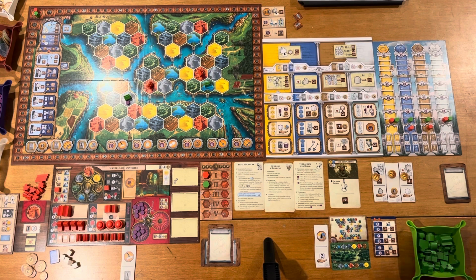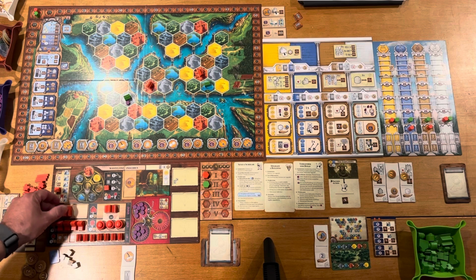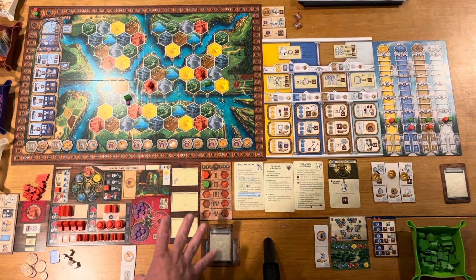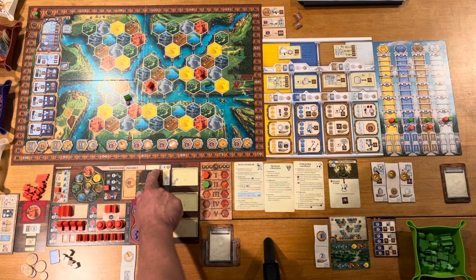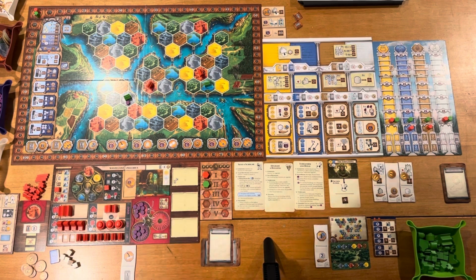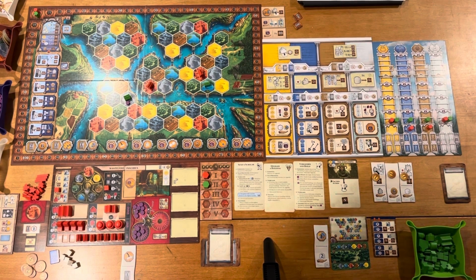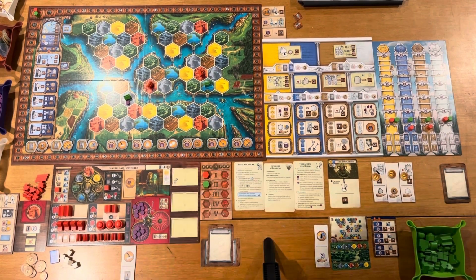So, all right, how does this game play? Well, you start as the first person, and on your turn, you take 1 action, but the first thing you do is get all your income. You always go through your income phase, which begins with anything that has the hand. So in this case, I would get a book of my choice,